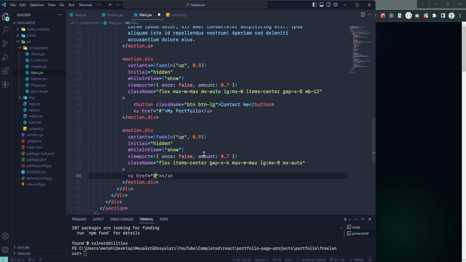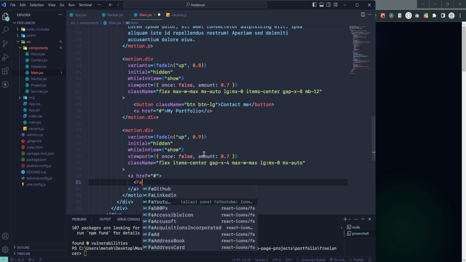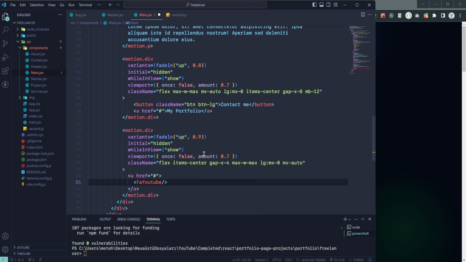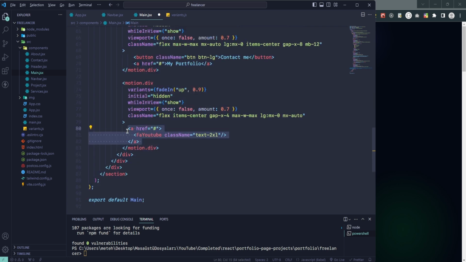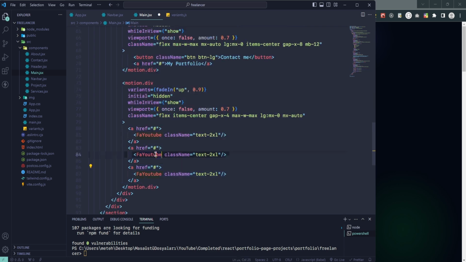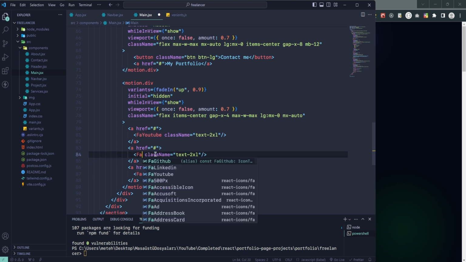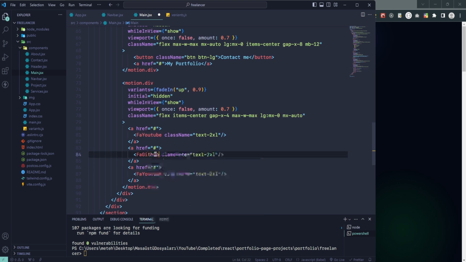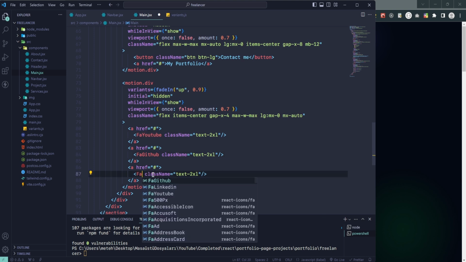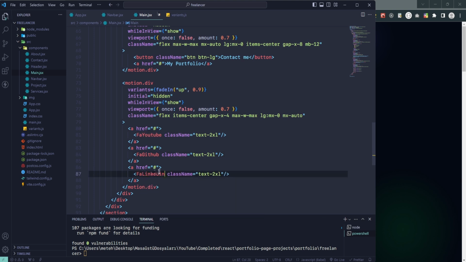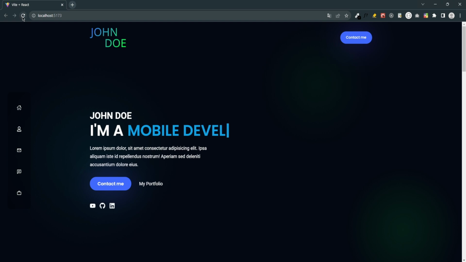Firstly, I add a YouTube icon. Class text 2x large, and after that I copy that. YouTube, GitHub, and LinkedIn. Okay,